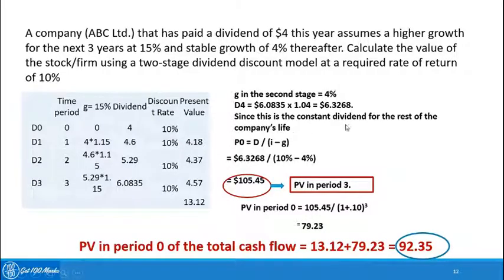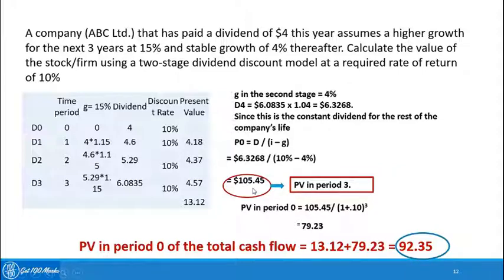This is the constant dividend for the rest of the company's life. Hence, it can be looked at as a perpetuity. The dividend of 6.3268 can be looked at as a perpetuity, and to find out the present value of this perpetuity, we have divided it by I minus G. I is the discount rate, which is 10%, and G is the growth rate, which is 4%. When you do this calculation, you arrive at a value of